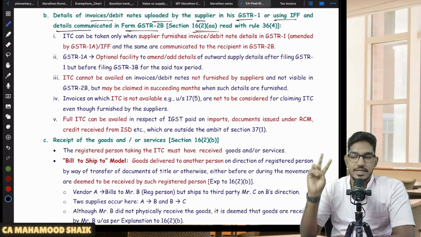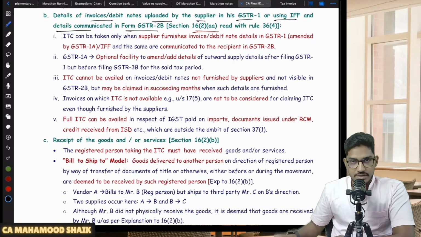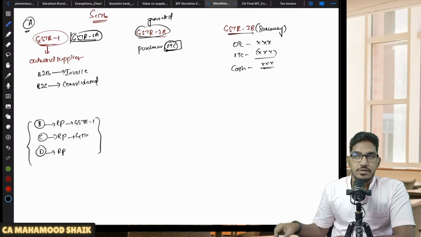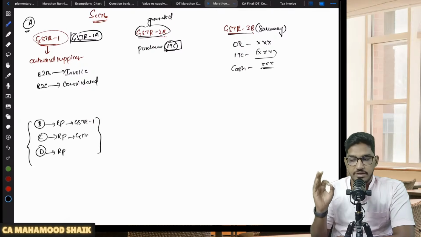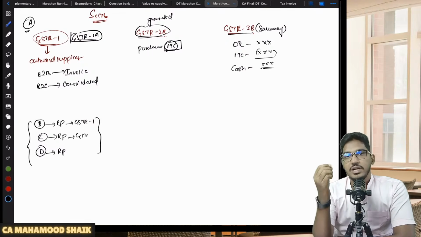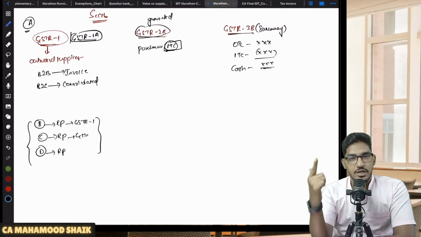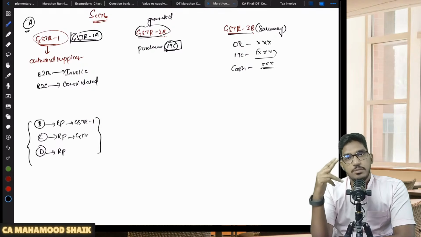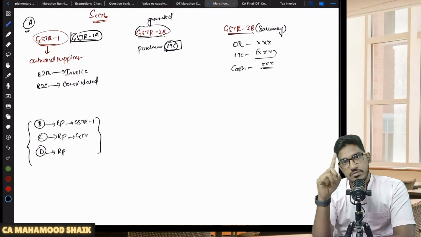So what they are saying is, the second essential condition in order to avail input tax credit: just having the invoices alone will not be enough. That amount should have been reflected in your GSTR2B. Only when the input tax credit has been reflected in your GSTR2B can you avail it. If ITC is not reflected in your GSTR2B, then one of the conditions is violated, and you will not be able to take the input tax credit. Sometimes what will happen is you will make purchases from suppliers, but those suppliers might not have filed their GSTR1s within the due date.